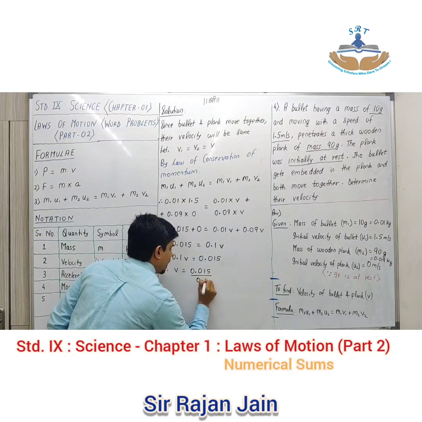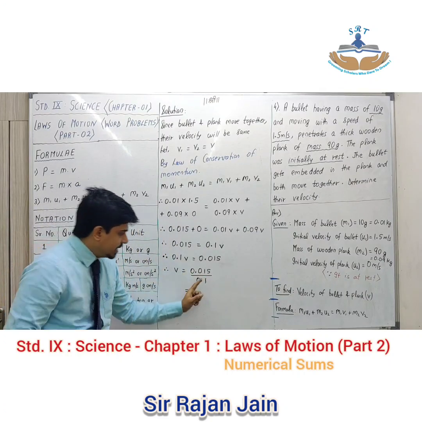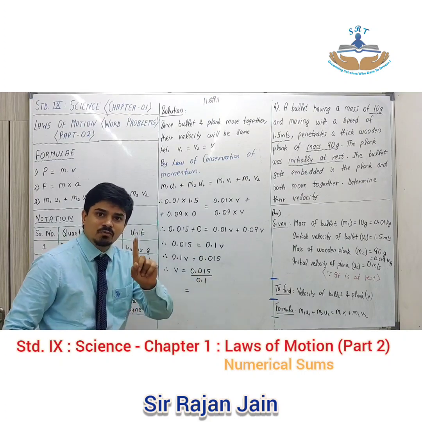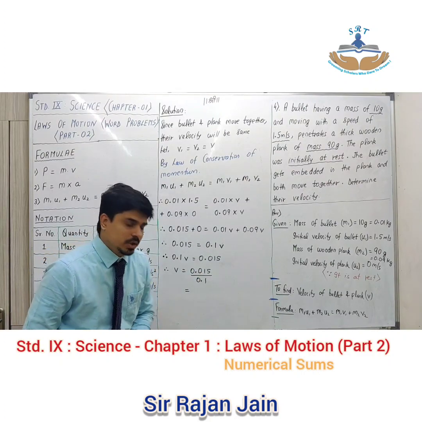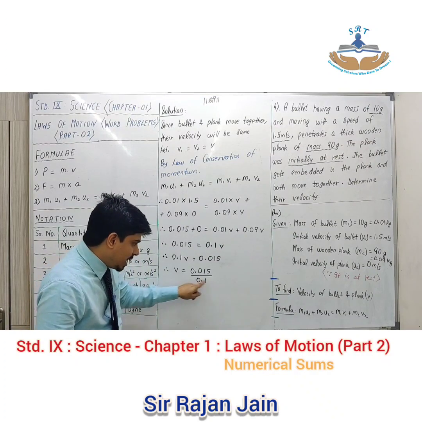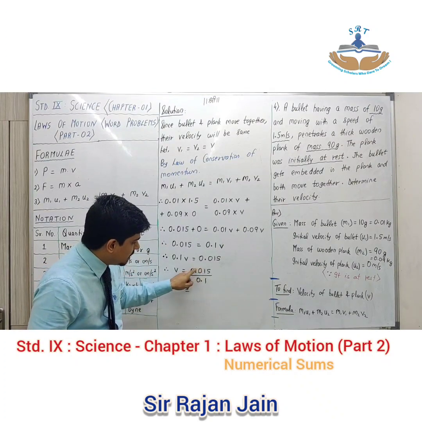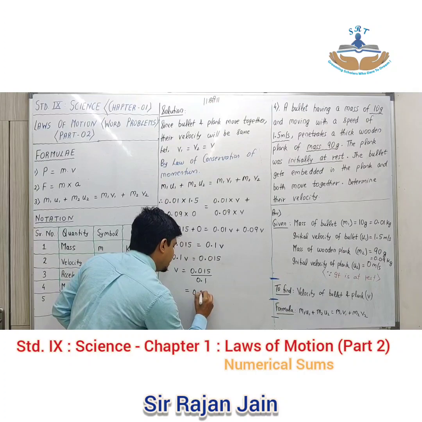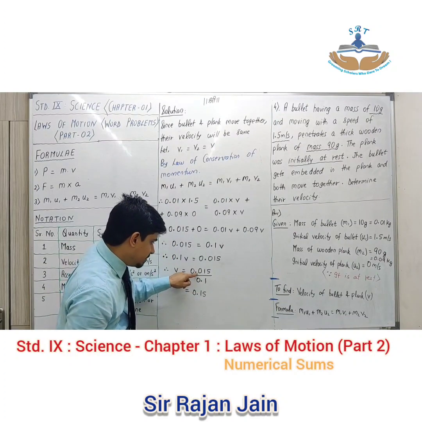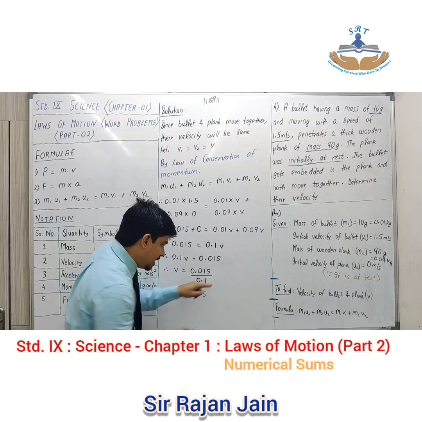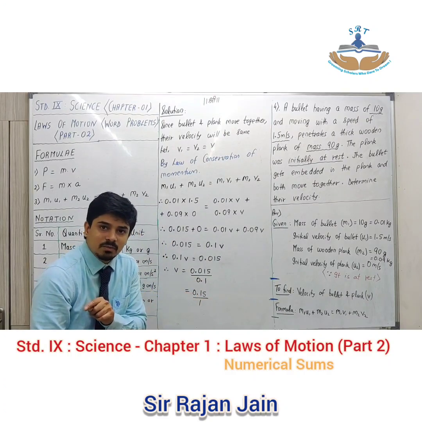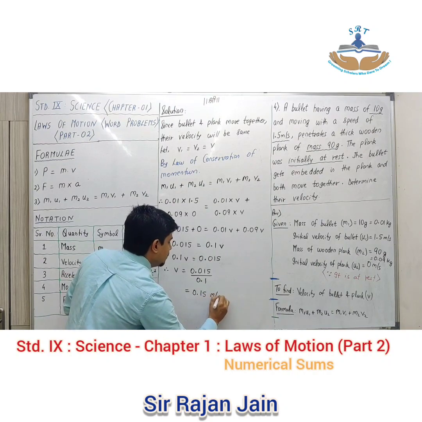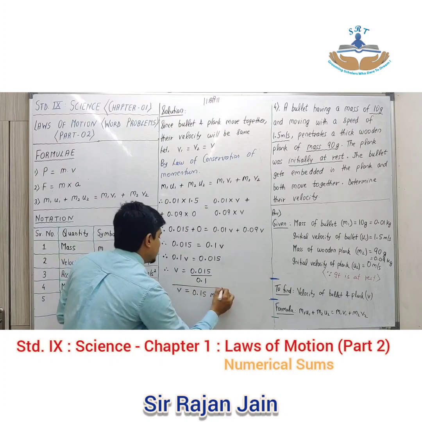0.015 upon 0.1. Okay, now I want to remove the decimal. In the denominator, if I shift by 1 decimal place, I am done because the denominator will become 1, and a denominator of 1, even if you don't write it, is okay. If I shift 1 place to the right in the denominator, I have to shift 1 place to the right in the numerator also. So what will my numerator become? 0.15. Basically the decimal I am taking 1 point ahead. Here too I take the decimal 1 point ahead. Denominator will become 1. If denominator is 1, it need not be written. So this becomes your final answer, because it is velocity, its unit will be meter per second.